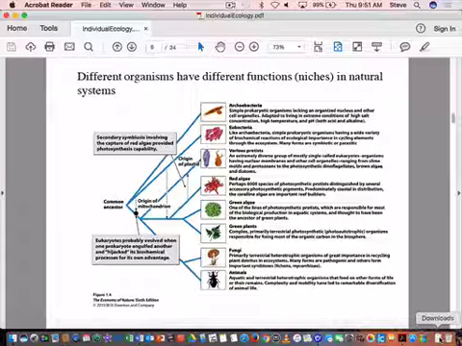Okay. The other thing we're going to be doing and spending a lot of time on a little bit later is that different organisms really have different functions, or what we call niches, in natural ecosystems, right? And of course, I'm not going to go through all of this, but some of the key things are this group of organisms, from red algae to green plants, which are autotrophs or photosynthetic organisms. Green and red algae are especially important as the primary producers in aquatic ecosystems, both freshwater and marine. And green plants are extremely important as autotrophs, photosynthesizers, and for carbon capture in terrestrial systems. Okay, so they're responsible for fixing most of the organic carbon in the biosphere.